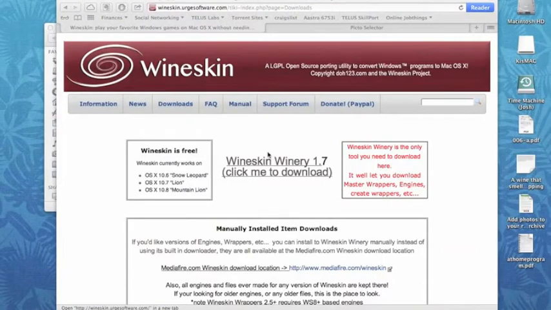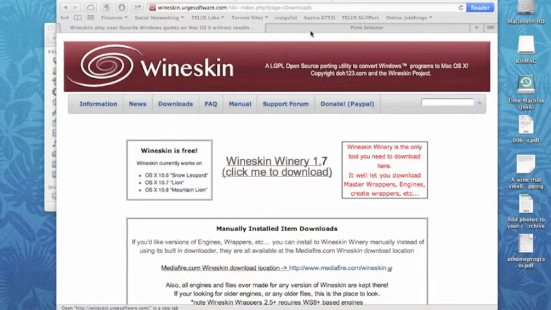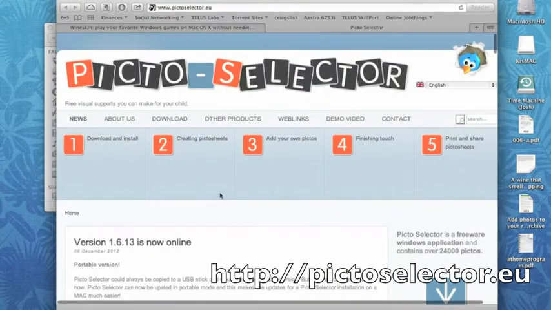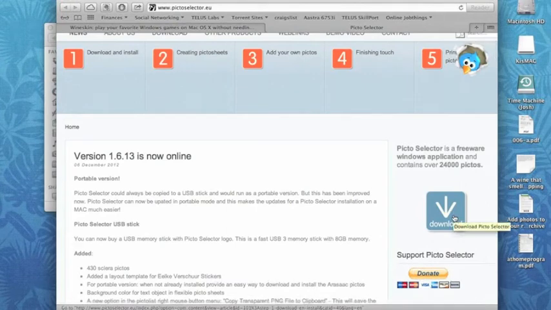Today I'm going to show you how to use Wineskin Winery 1.7 and the current version of Picto Selector to make a version of Picto Selector that runs on Mac OS X using Wine. The first thing you need to do is go to Wineskin urgesoftware.com and download the current version of Wineskin Winery 1.7. Then go to Picto Selector and download the current version of Picto Selector, which is currently